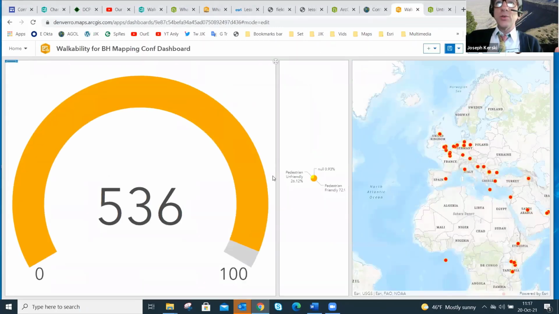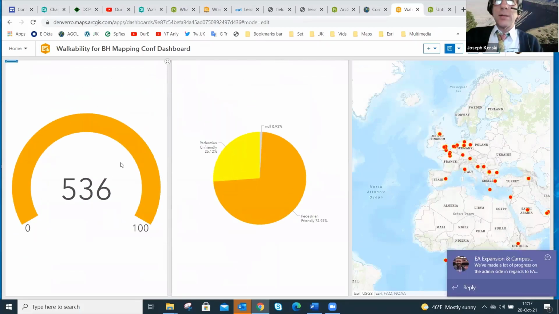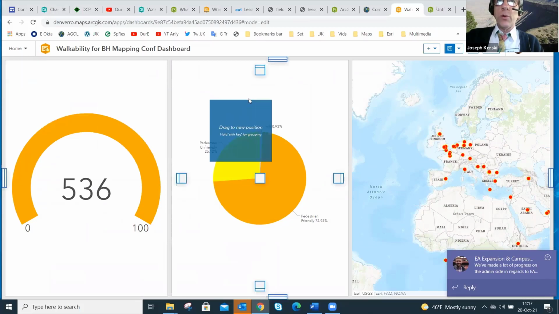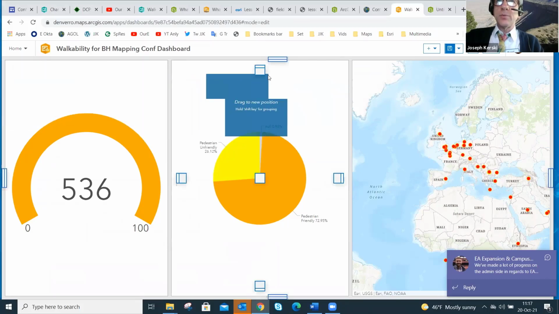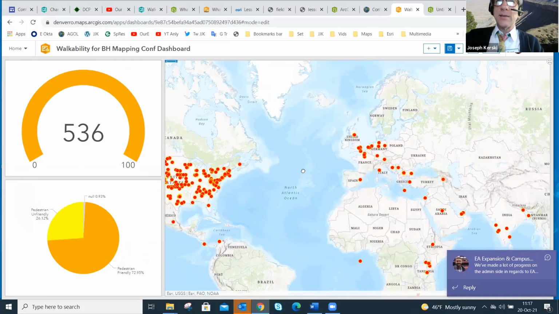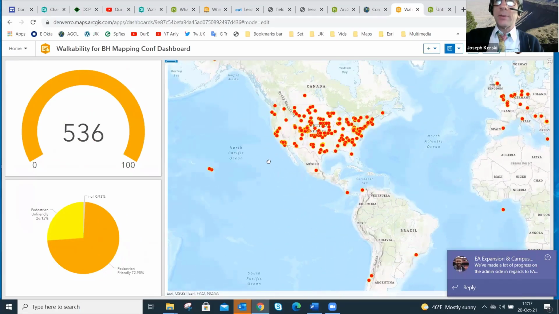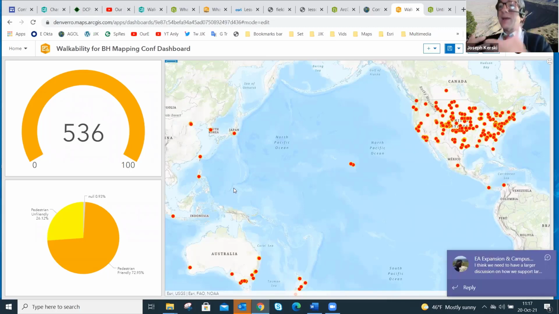And now I've got two things, but I wanted to illustrate that just by going to these sort of boxes, you can say, well, I really want that to be over here. Let's try that again. I want that to be there. I'm going to dock it as a row. I'm going to tidy this up. I'm going to pan the map a little bit. So you see where I'm going with this. Now I've got some of the elements that I really want to include in my final dashboard.